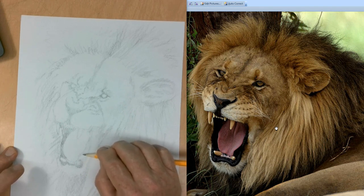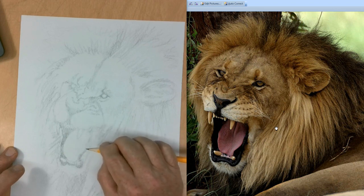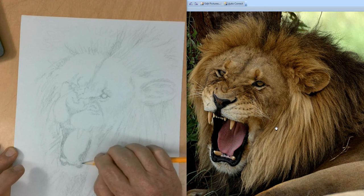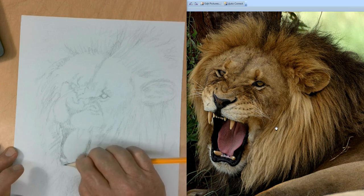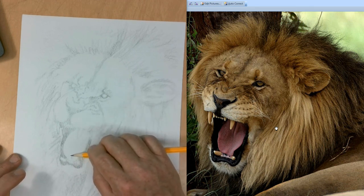Okay, you don't want to do a hard line around anything yet. There might be places we need it, but we can always do that last. When you're doing fuzzy creatures, you don't want a hard line around things. Unless it's a design, unless you're doing a hard edge design. But when you're doing a drawing like this,